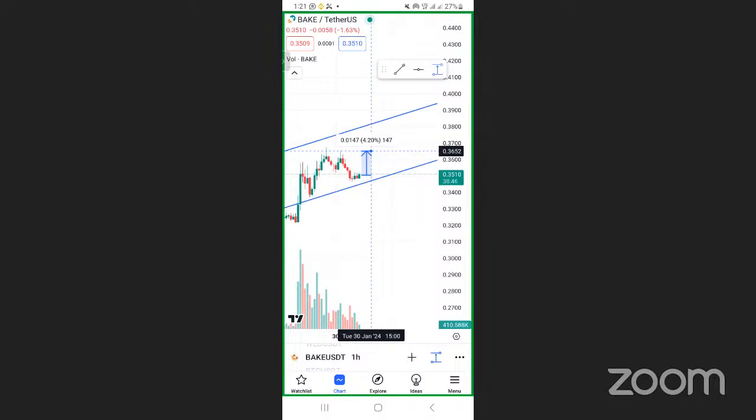You get it? So, like now, you can give this as a signal in the group. You tell them, buy BECK at the current price, and enter, take 4%. You get it? So after a few hours, it might be 4, 5, or 6. Actually, someone can enter this trade right now, and you tell us the outcomes afterwards. But it's a good opportunity as of now, where BECK is.